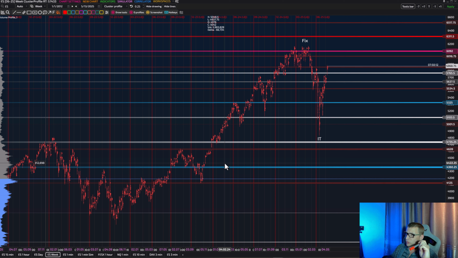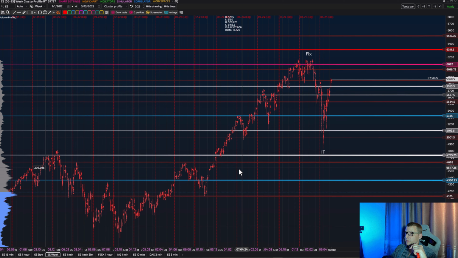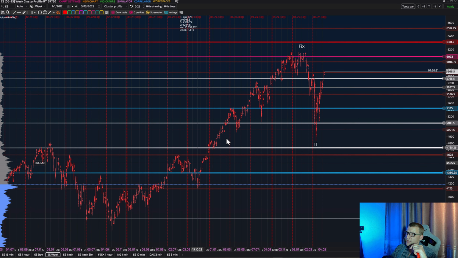Now, let's start with the weekly auction. By the way, I analyze every time frame like a separate auction. The higher the time frame, the more significant its impact on the whole auction, alright? So, the weekly time frame. What do we see here? Previously, we had an impulse. What happens next? A fix.